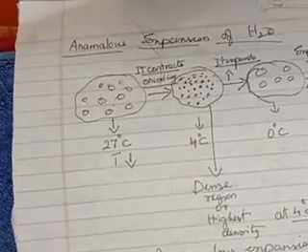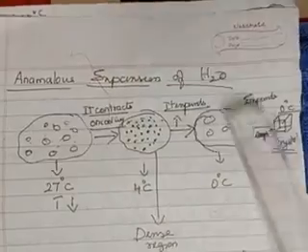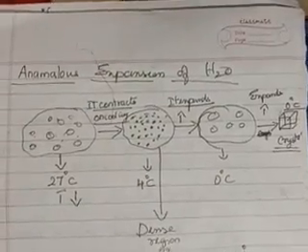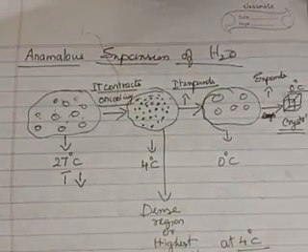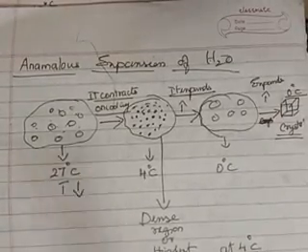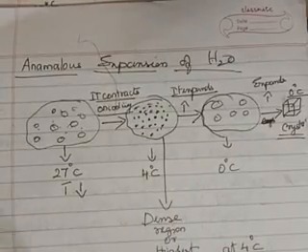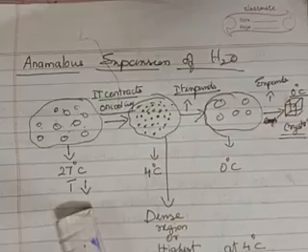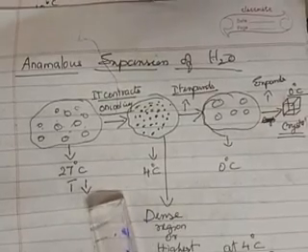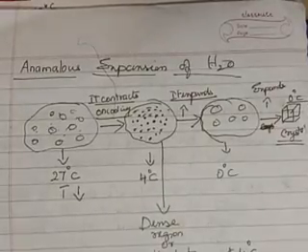Now here I have taken an example. This is a simple diagrammatic representation to explain anomalous expansion so that you will understand it in a better way. Here I have not taken thermal expansion. I have taken contraction. You can take anything. Here I have considered thermal contraction. That means the temperature is falling down. Look at the symbol T. I have put a downward arrow. That means the temperature is coming down, or it is cooling down.